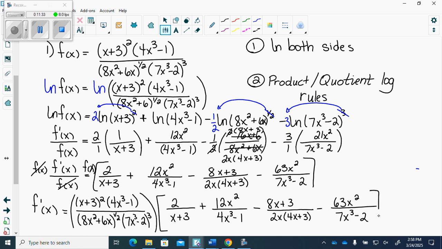So this is type 1 of logarithmic differentiation. I'm going to give you some quick